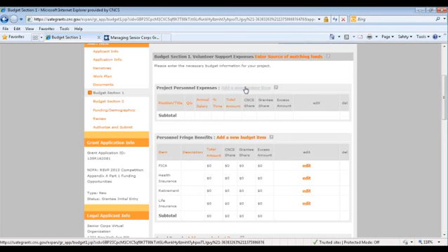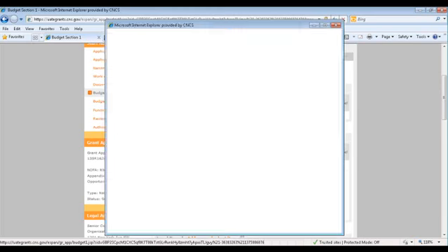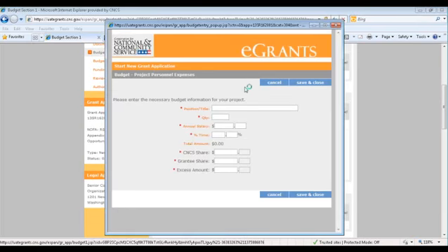And this is where I'm going to list the title of each staff position that's charged to my project. And I'm going to list all of those positions, whether they're CNCS funded, grantee share funded, or excess. Anyone who's spending time on my grant and I'm accounting for them as staff, I'm going to enter them here. I'm going to open this budget item just so I can show you a little bit about what it looks